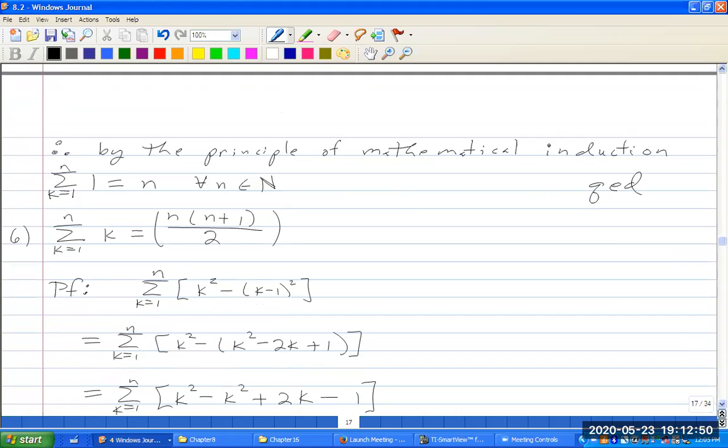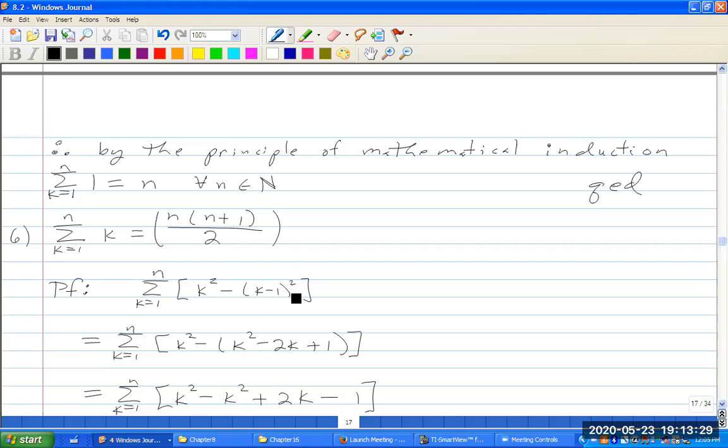Next, I'm going to do a construction. So this will be a way to actually construct, and a technique that will actually determine the answer. So rather than prove it, we're going to actually prove it by construction, basically. And so the sum k equaling 1 to n of k squared minus k minus 1 squared is equal to,